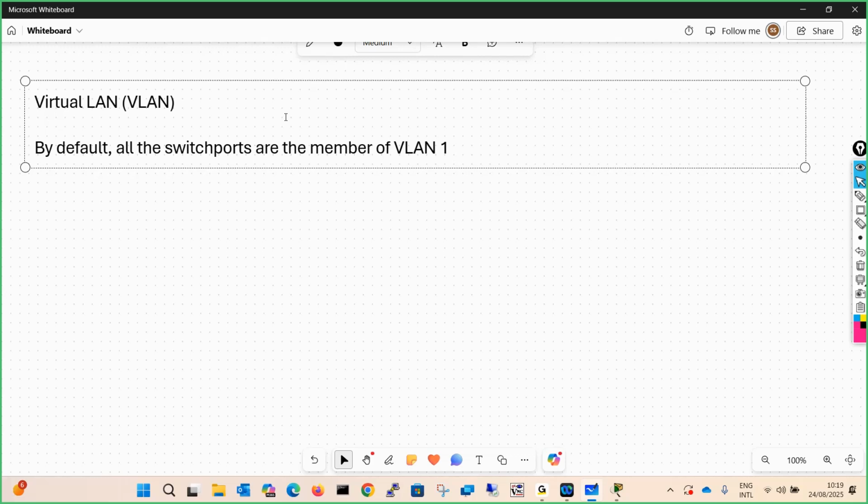So there is one VLAN, VLAN 1, running in the switch by default, and all the ports are members of VLAN 1.